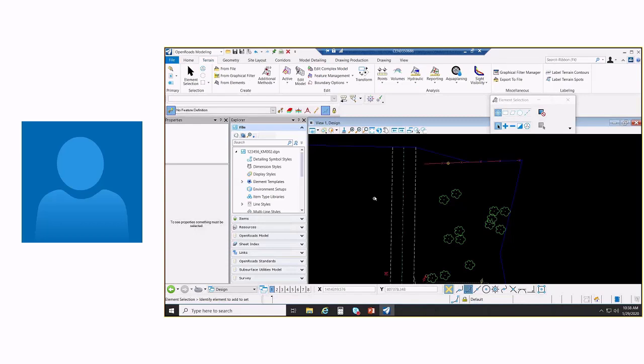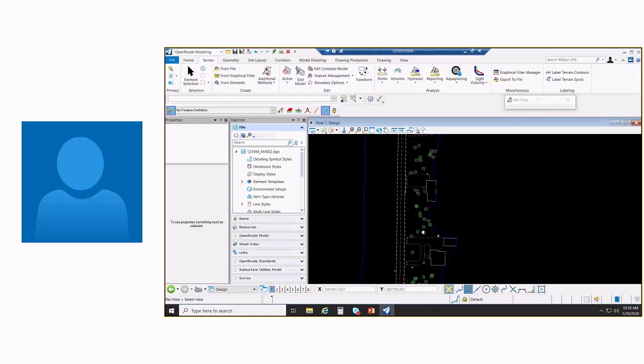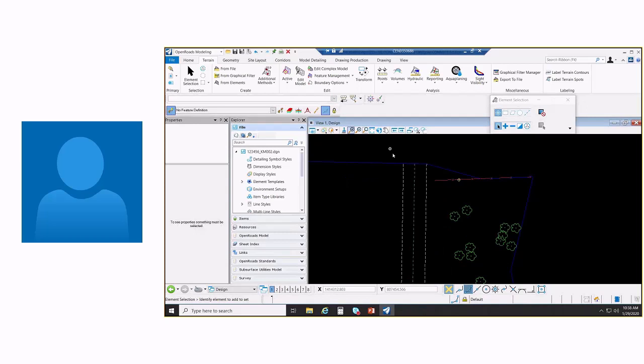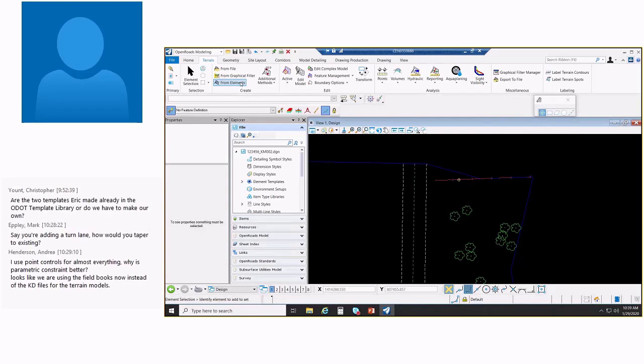All right, and I would probably want to do this for the whole length of the project, so you can select all the elements. I'm just going to do it for the elements that I can see right here, because these aren't necessarily a continuous line for the whole length of the survey. There could be multiple edge pavement lines, center pavement lines that I want to make that terrain from. So I'm going to do a terrain from elements,